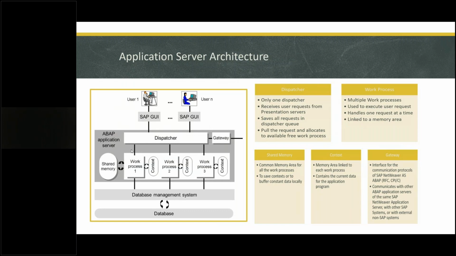That was not my question. My question was, suppose they are different. One job, one work process is doing just simple display. The second work process is doing something really complex. So when the basis team sets up 10 work processes, do they divide the memory initially equally, or is it dynamic depending on how